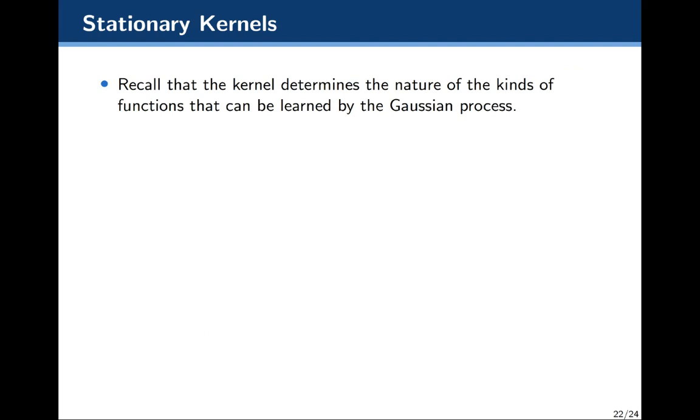So another idea that we're going to need to consider for what we're going to be discussing later is stationary kernels. And stationary kernels, so let's first say that the kernel determines the nature of the kind of functions that we can learn from the Gaussian process. So again, if we have a very strong prior for a GP with a particular kernel specified,